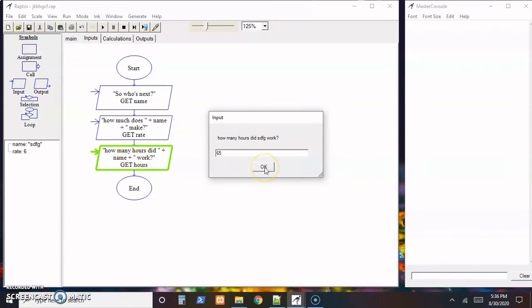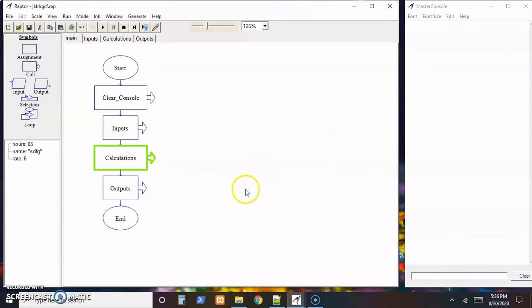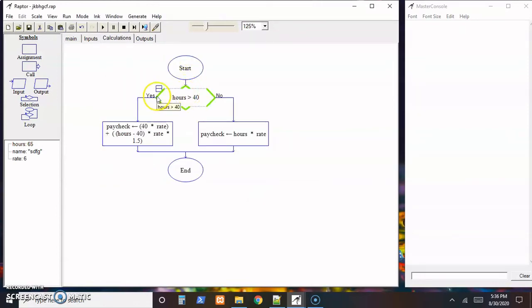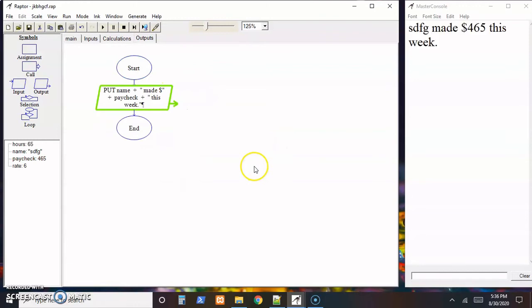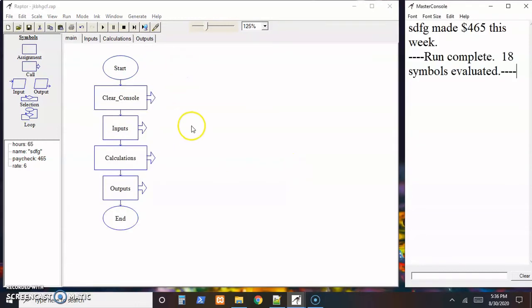That's a rough work week, but then 65. So now when it runs through here, we can see it took the yes branch and then finished and did the rest of it. So if you hit problems, make sure you slow it down and check step by step,